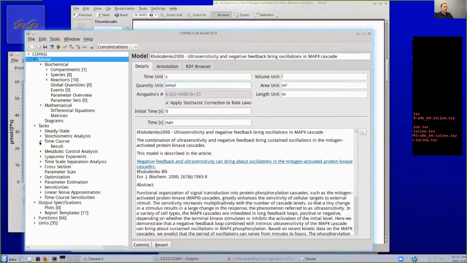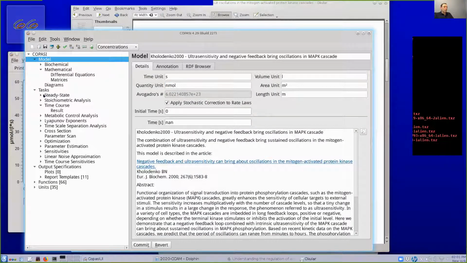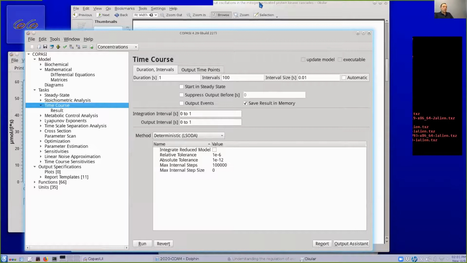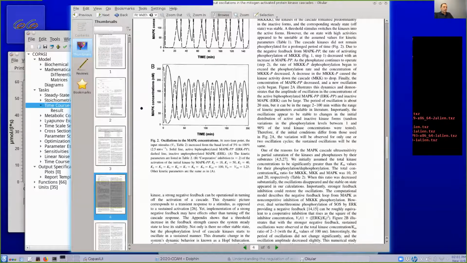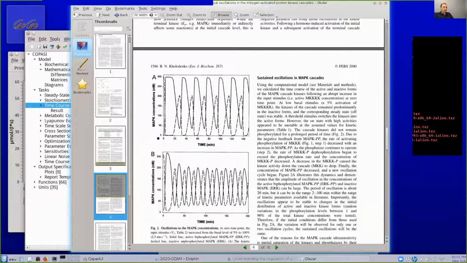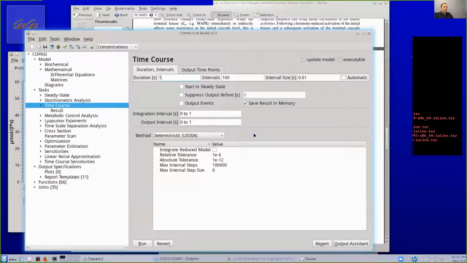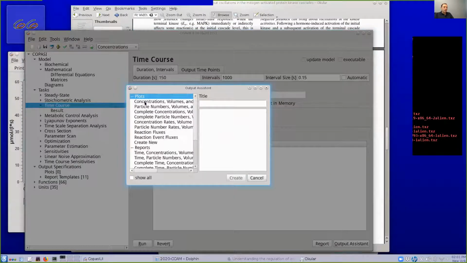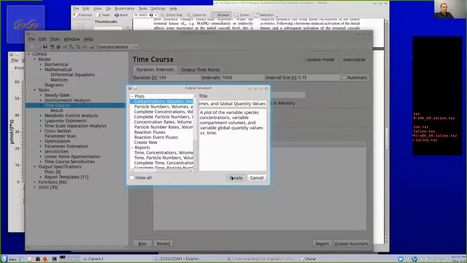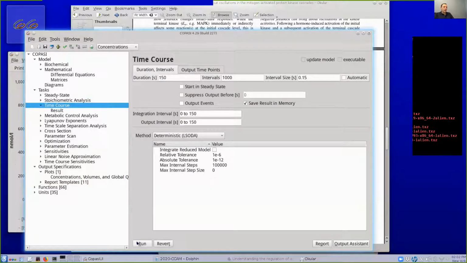I'm going to leave that alone, and I'm going to just show you the model running like they have it in their paper. So for this figure, they integrated from 0 to 150. So we want to run 150, and I want much more than 100 intervals. Let's say 1,000, probably better. Again, I want to see an output, so I'm going to create the plot, and I want to look at the concentrations. And so now when I run,